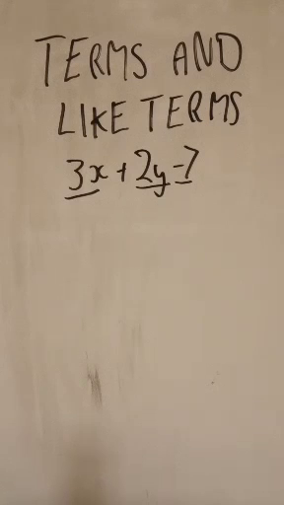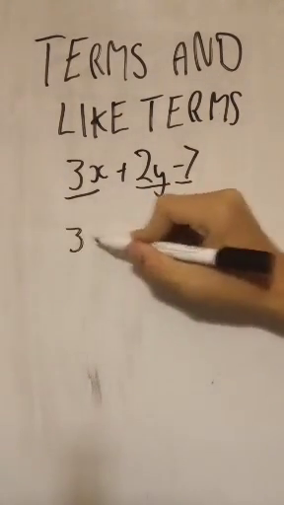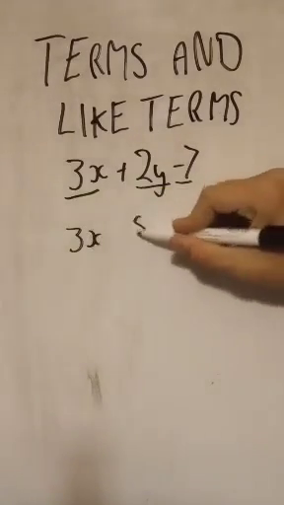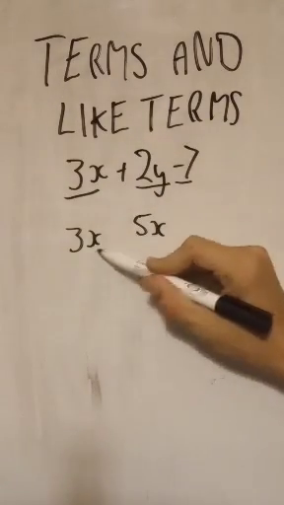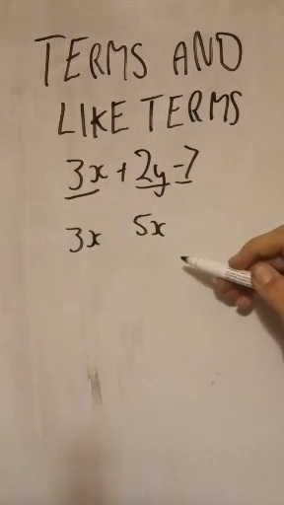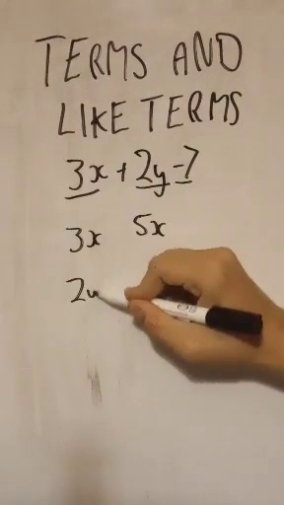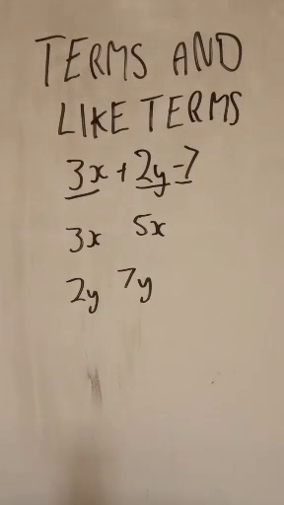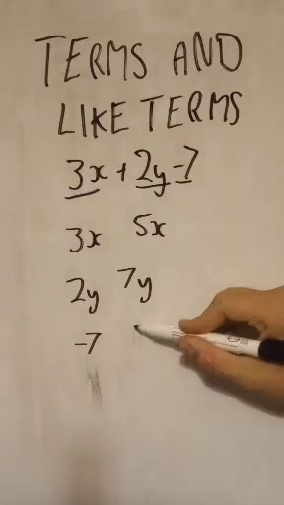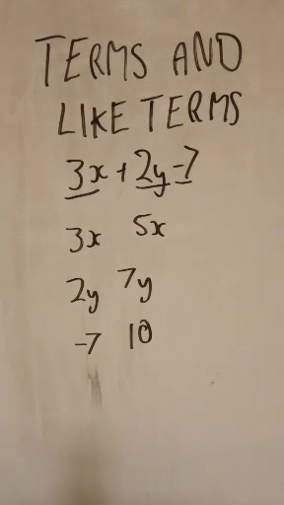Like terms is when we have the same sort of thing. So 3x and 5x are like terms because they're both multiples of x. 2y and 7y are like terms because they're both multiples of y. Minus 7 and 10 are like terms because they're not x or y or any other form of algebra, they're